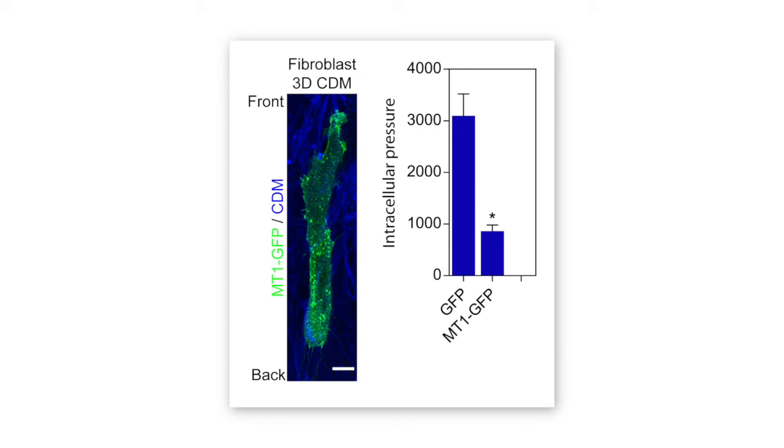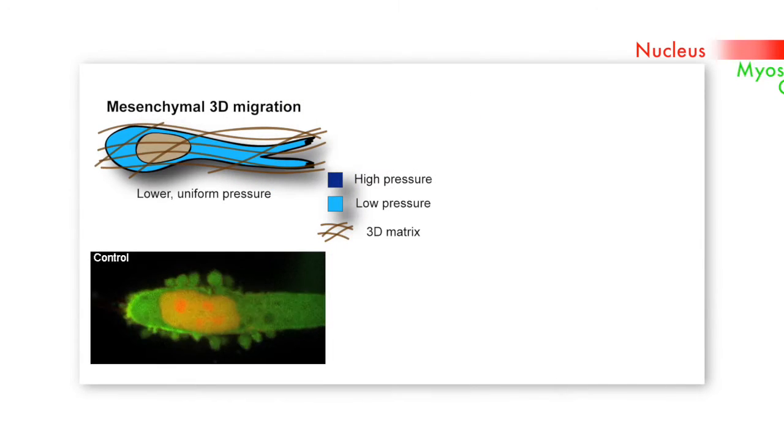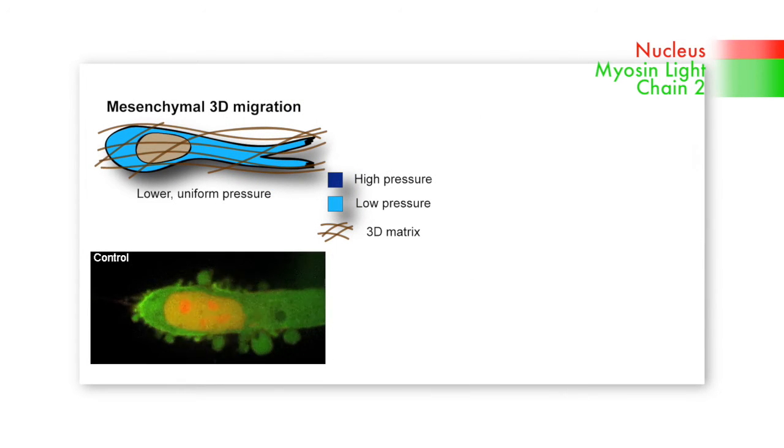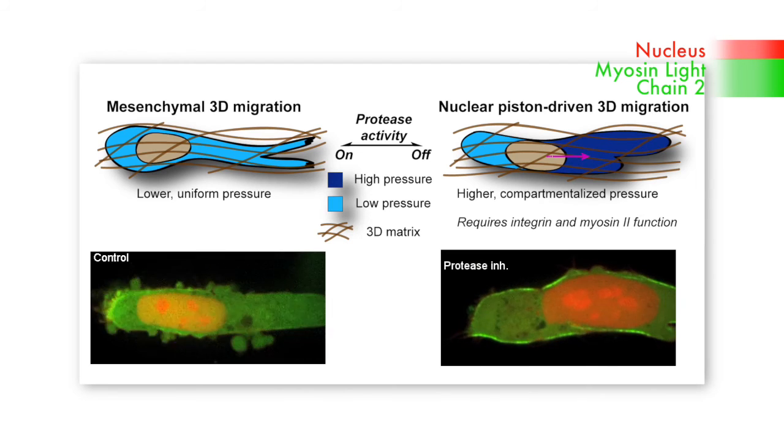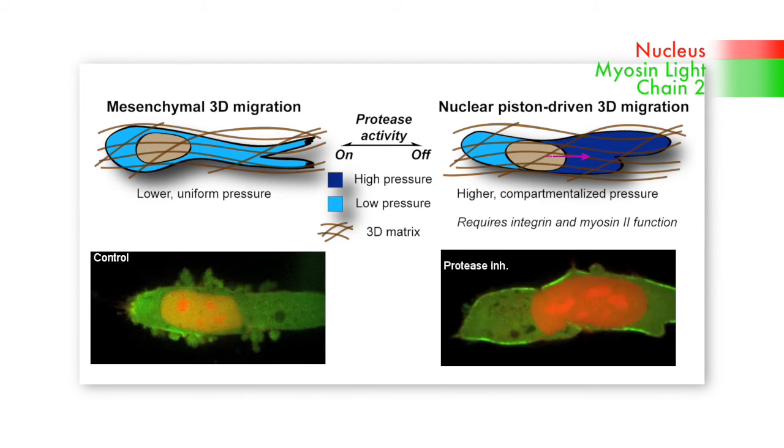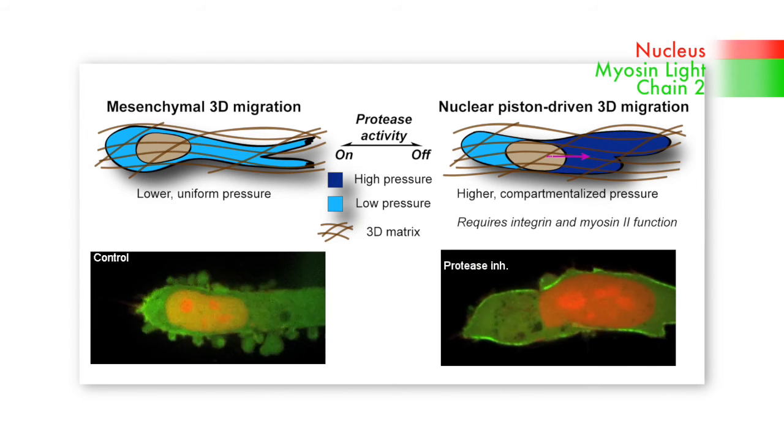We were able to rescue the pressure response by then inhibiting MMP activity with the drug GM6001. And so this experiment was crucial for us to really establish that MT1-MMP activity was controlling a switch between the low-pressure mesenchymal-type migration versus the high-pressure nuclear piston-driven 3D migration,